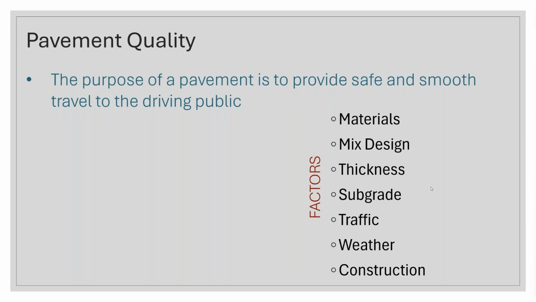So when we start thinking about how to put that pavement together, how to make it perform well, we've got to come up with the right materials that are going to help us get the best product possible. And then how do we combine those materials? How do we put that mix design together? So what types of aggregates, what type of binders, and then the thickness, the subgrade, and the traffic. These are all parts of what we're going to be talking about today, really that thickness design.